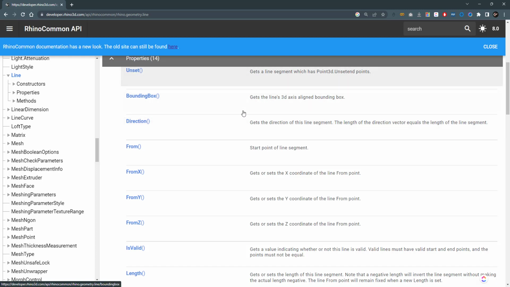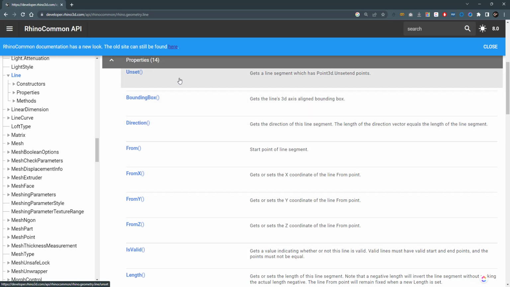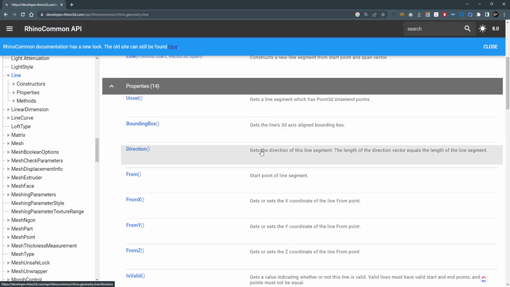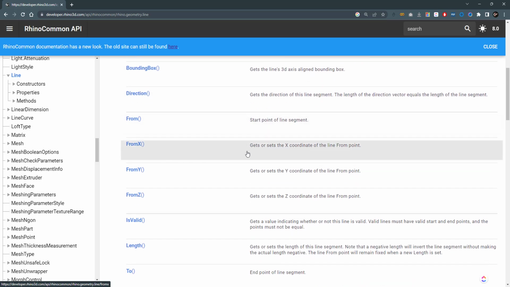And here we have to learn what each property does. If it says only gets, then we can't change it, but some will give us the ability to get or set